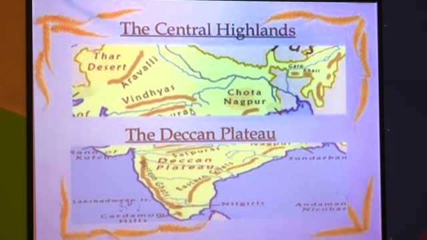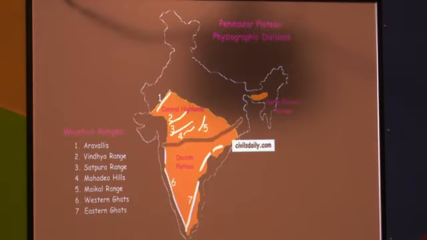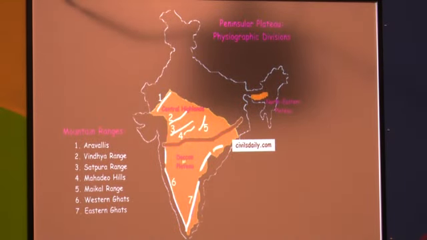So students, this central highland and the Deccan Plateau are the two zones of the peninsular plateau. Now through the map we will discuss more about this peninsular plateau. See students, when we observe the boundary of central highland and Deccan Plateau, the first one, the Aravalli range, is spread in the south to north direction. The western part of the Aravalli range is the Indian desert, and the eastern part is called the central highland. Second one, the Vindhya mountain range, is on the central highland.